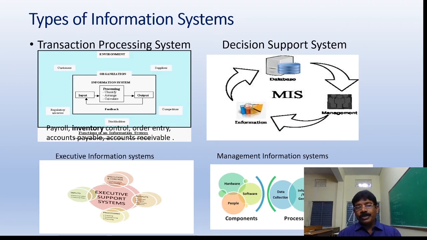So, types of information systems: transaction processing systems. Just to understand, your Google Pay is doing transactions. NEFT, bank NEFT, RTGS, those are also transaction processing systems. It will take an input, process it and generate output. Some examples are given to you. Payroll, in the sense, is managing the HR or the employees database, that is called payroll.